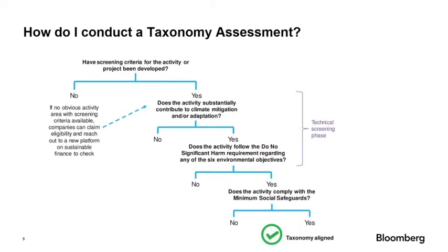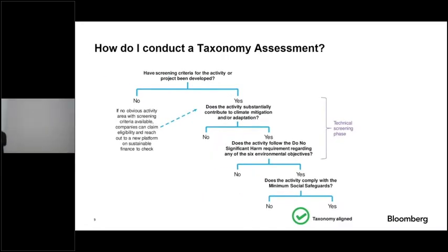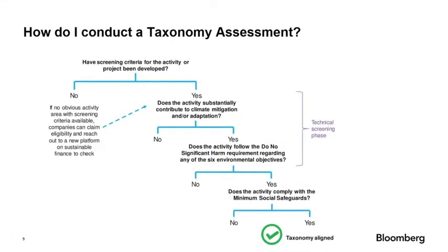The first thing that I would do, before we even start to look at this slide, is note that all companies that are subject to the disclosure of turnover, capex or opex will already include a description of how and to what extent their activities are associated with the taxonomy. So an investor in European listed firms should really be able to rely upon that information as the basis for their own reporting. What I'm going to walk through here, though, is for unclassified activities, and that would include international